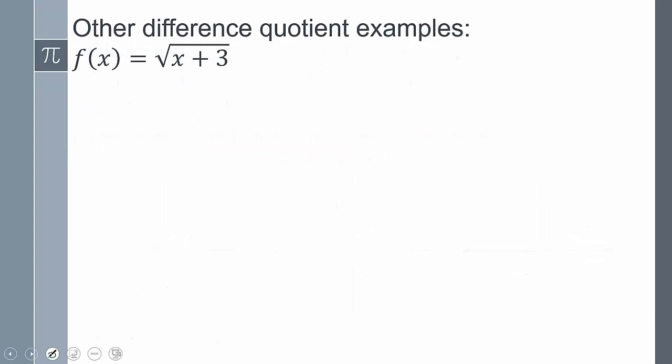Now I'm just going to set up these given problems here. You're going to see other types of difference quotient examples, meaning how would I take the derivative of a square root or of a rational, or what if it's both a square root and a rational. Now I'm not going to go through from beginning to end to solve it, but what I will do is kind of set up and show you what the secret is. And you can always go back into your pre-calc videos and watch the difference quotient to be able to go through and do everything. So remember the difference quotient, the limit as h goes to 0